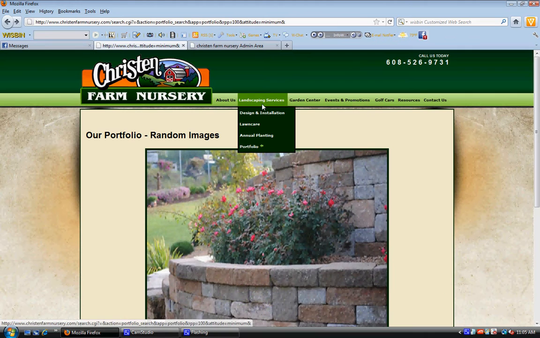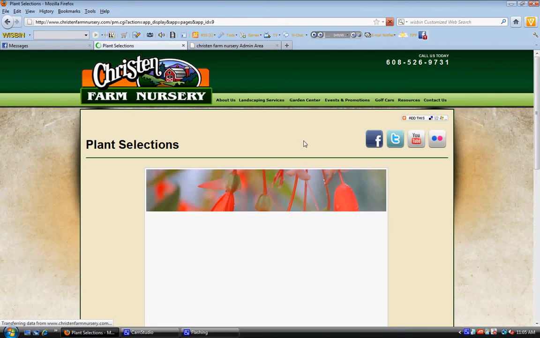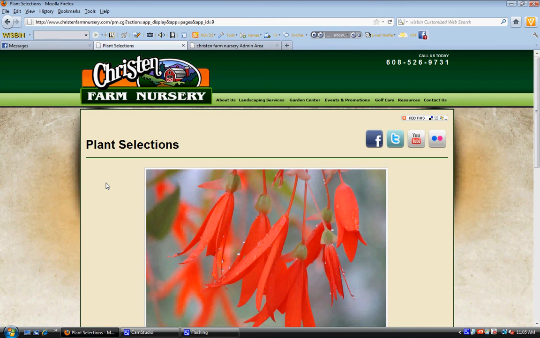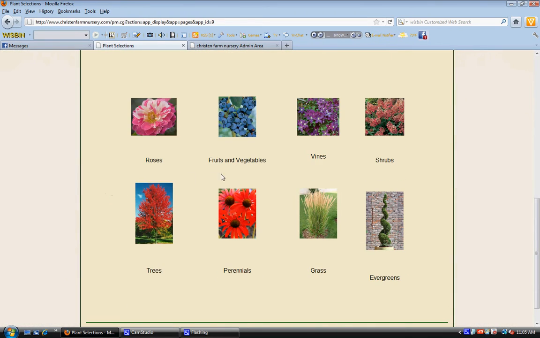They had thousands of plant selections. We grouped them by roses, fruits, vegetables, vines, shrubs, evergreens, grass, perennials, trees. You can click on any one of these. I'm going to click on shrubs just to see what happens here. Now, they had